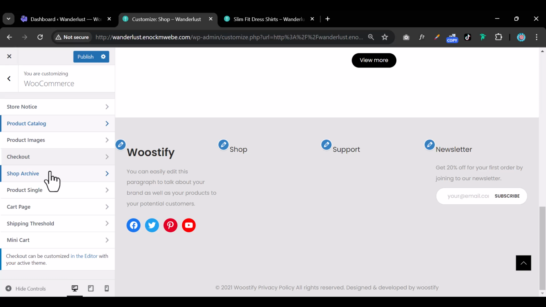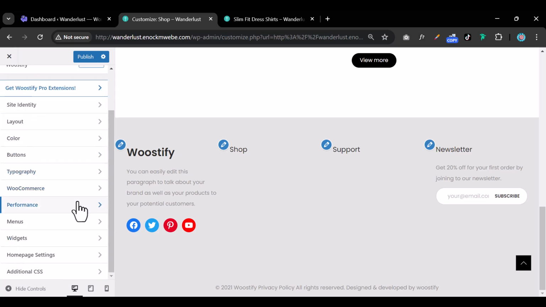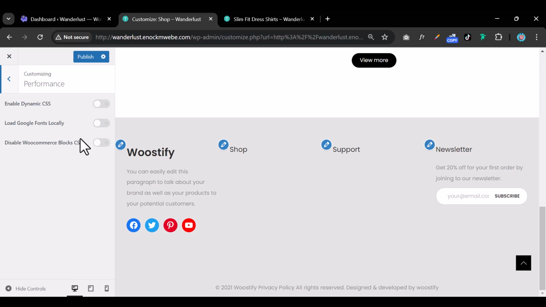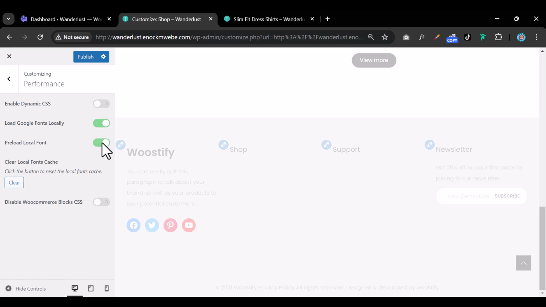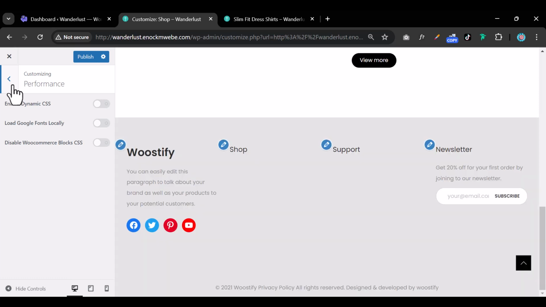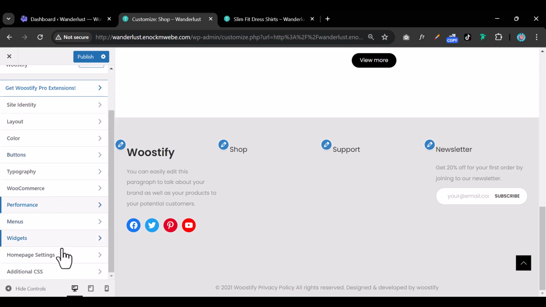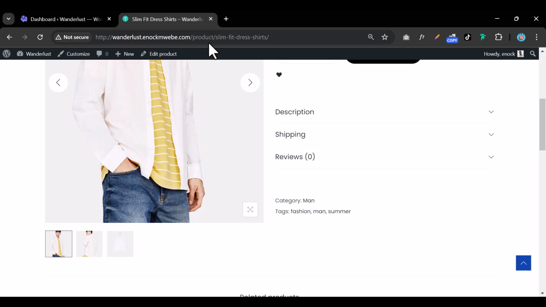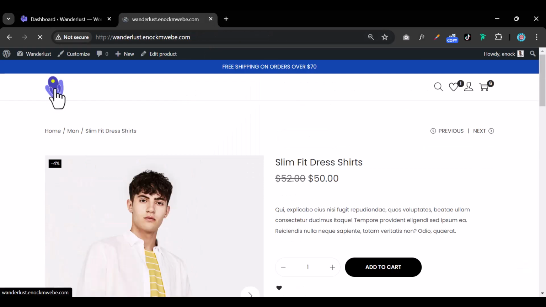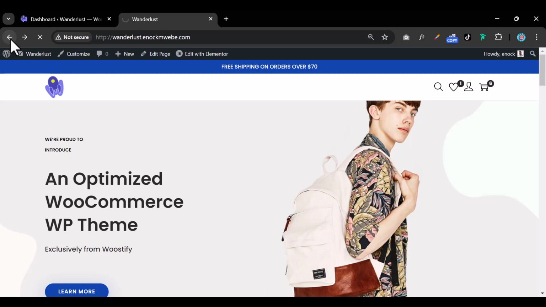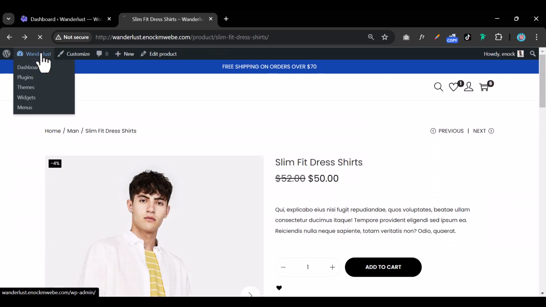So let's jump out of that. Now, under performance, you can enable these just to improve the performance of the theme, but it's only good to enable those when your site is live and you're done making the changes. Okay, so let me publish this. Then I'll go back to the dashboard,